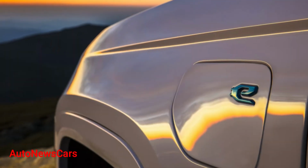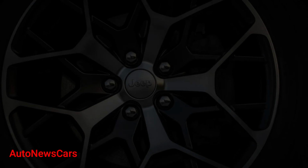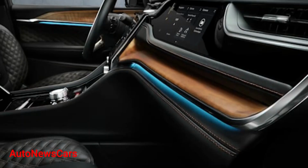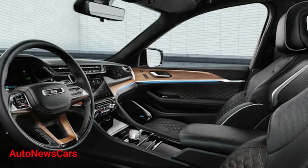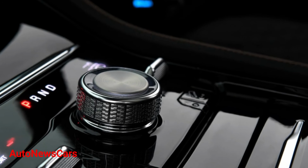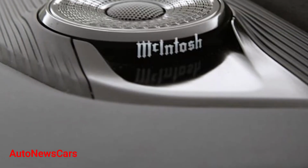There's not a visible surface that appears neglected by Jeep's interior designers, who clearly wanted to lean into Grand Cherokee's legacy of being a premium SUV. The Summit is available with 2 wood trim packages, oak for the standard model, walnut for the Summit Reserve package, and upholstery options include cloth, leatherette with suede inserts, Napa leather and quilted Palermo leather, with some perforated variants sprinkled in for extra variety. As you might expect, there's quite a bit less available interior space,